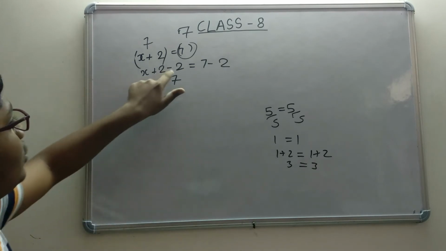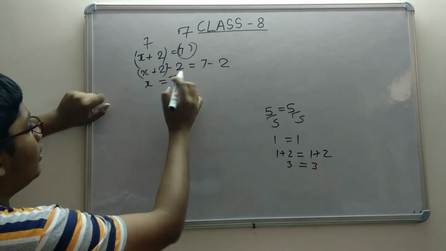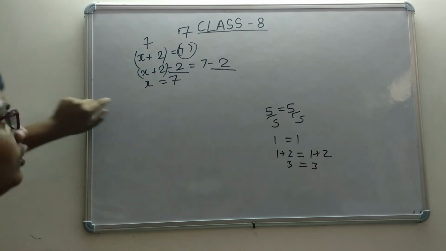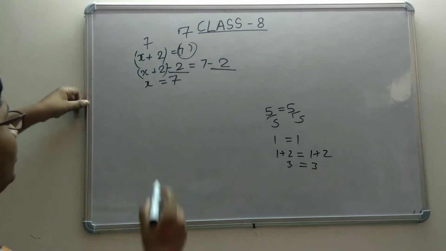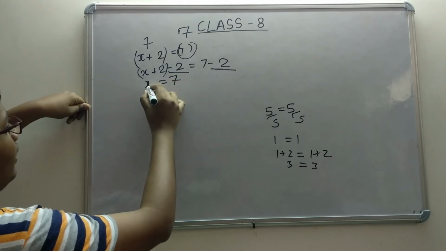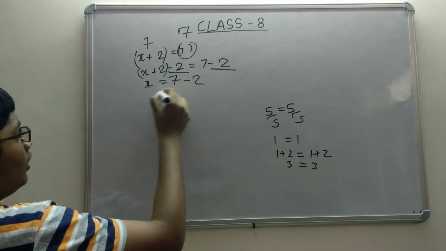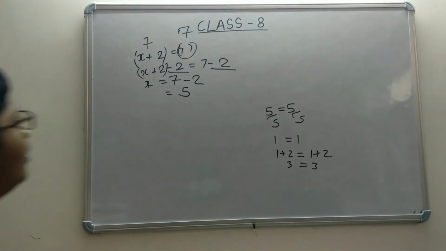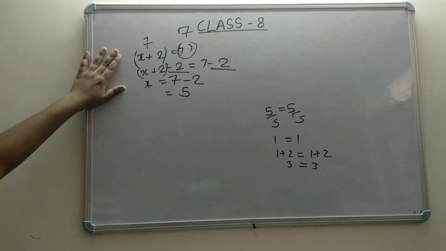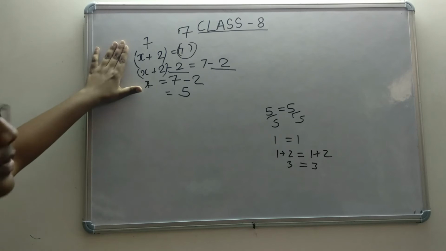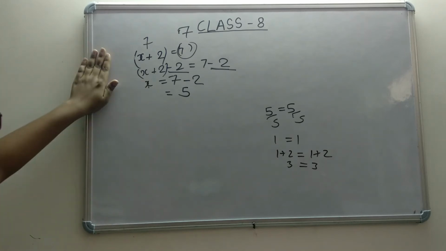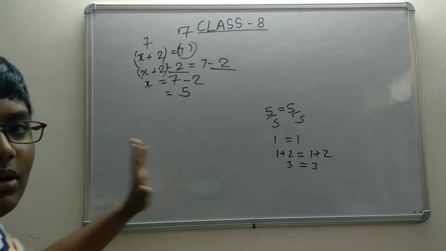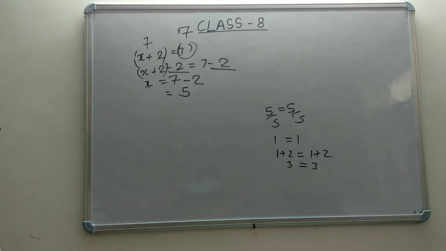So x plus 2 minus 2. See, minus 2 here and minus 2 here. So on both sides we did minus 2 so that the value will not change, or the equality sign will not get disturbed. So x will be 7 minus 2, which is 5. So we got x as 5. If you read this in words, it says you add 2 to a number and you get 7. Find the number. Obviously that number will be smaller because you are adding 2 to it to obtain 7. So you are obtaining a bigger number by adding to a number, so the previous number must be a smaller number.